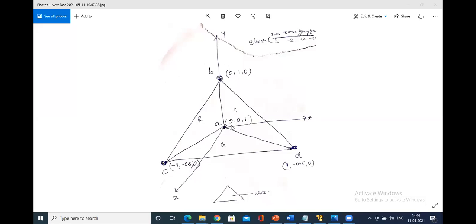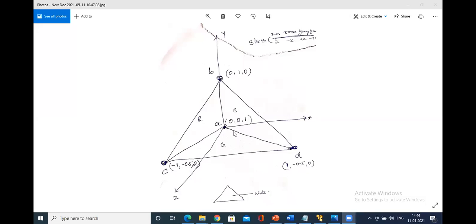So I said this is a top view of it. Top view means these B, C, D are the far points with respect to the z-axis. A is a near point since you are seeing from the top view. The rest of the things you can see: this is a negative x-axis, a negative y-axis, and far place. So again, a positive x-axis, negative x-axis, and negative y-axis and far place.